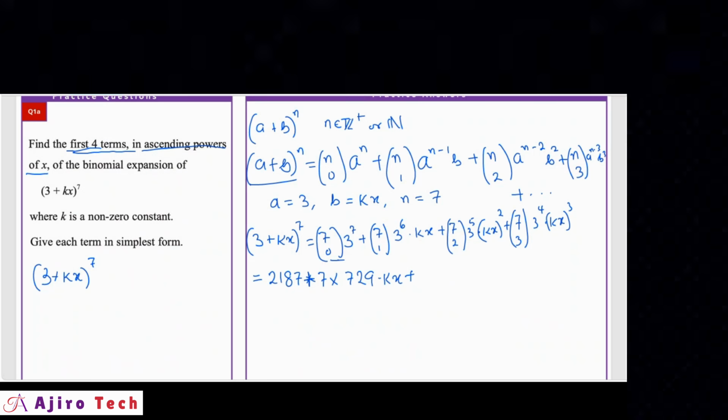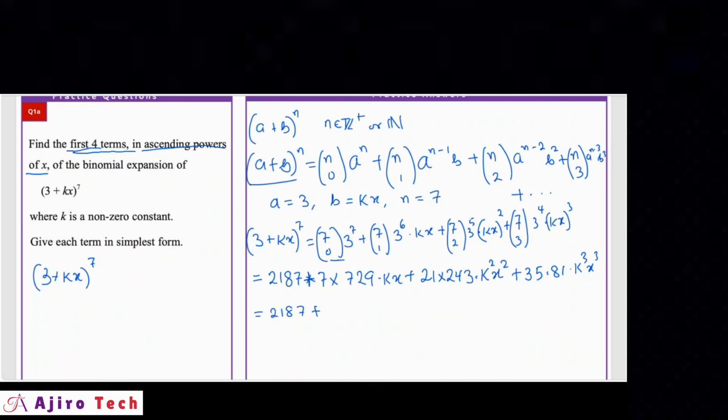7 combination 2 is 21. 21 multiplied by 3 raised to the power of 5, which is 243, then multiply by k squared x squared, then plus 7 combination 3, which is 35. 3 raised to the power of 4 is 81. Then multiply by k cubed x cubed. So we have